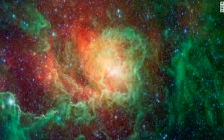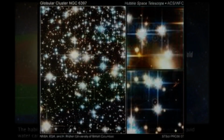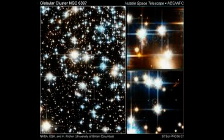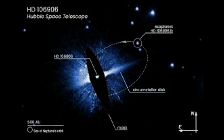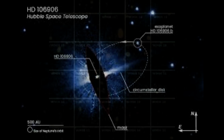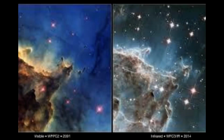Stephan's Quintet is located in the constellation Pegasus and is known for being the first compact galaxy group ever discovered in 1787. 4 of the 5 galaxies within the quintet are locked in a cosmic dance of repeated close encounters, NASA notes. Regarding SMACS 0723, the final target, NASA says, massive foreground galaxy clusters magnify and distort the light of